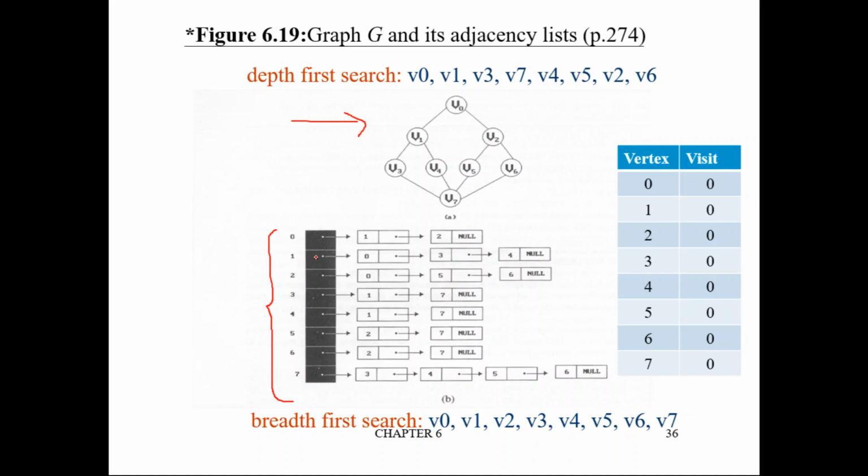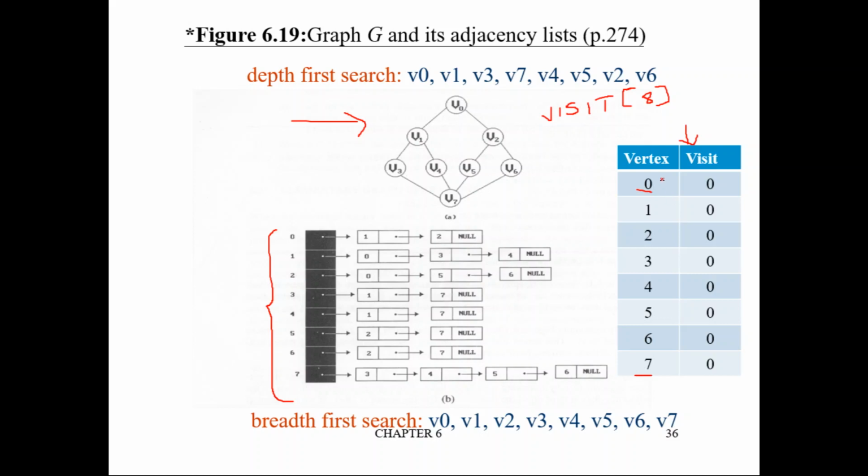Fine. So to implement this in a program, we will maintain an array. This array we will call visit. This array is called visit of a particular vertex. The array size of visit will be equal to the number of vertices in the graph. So this graph contains 8 vertices. So this array size also will be 8. That is, it will range from 0 to 7. Visit of 0 to visit of 7, or vertex of 0 to vertex of 7.